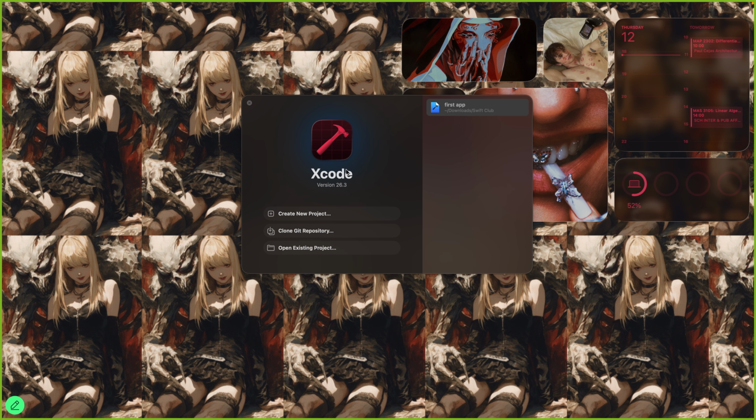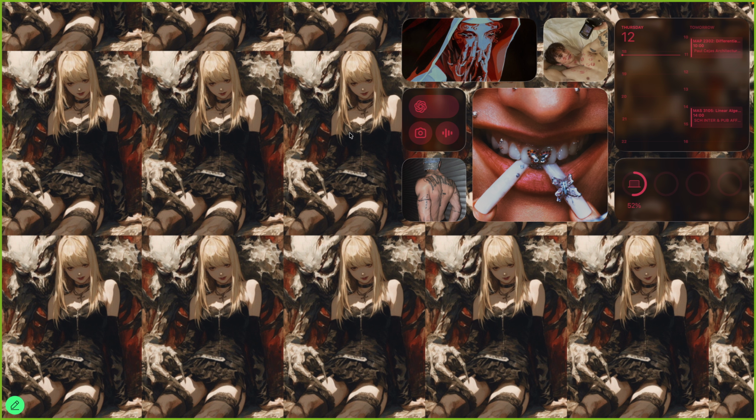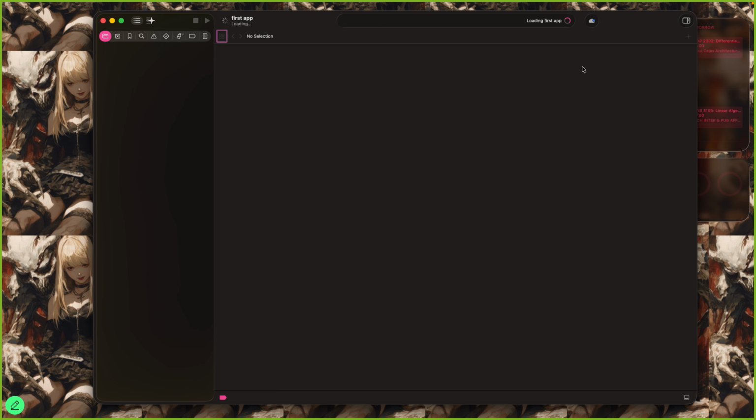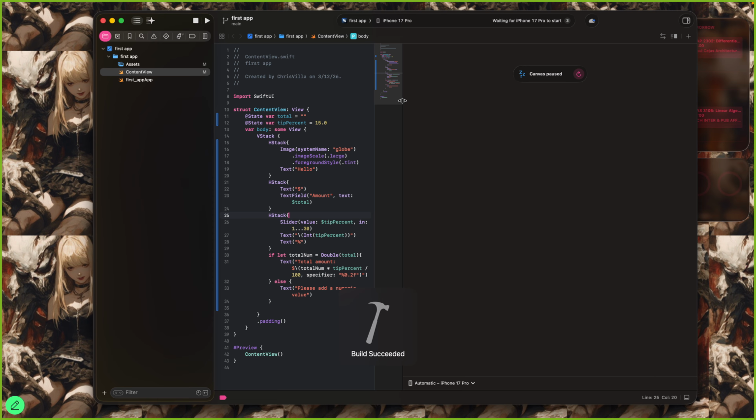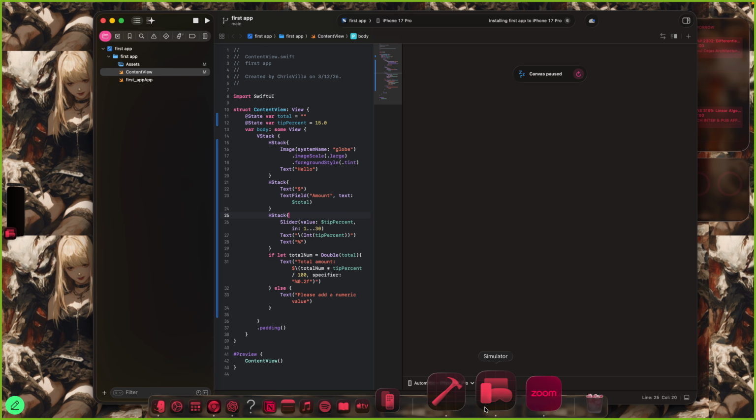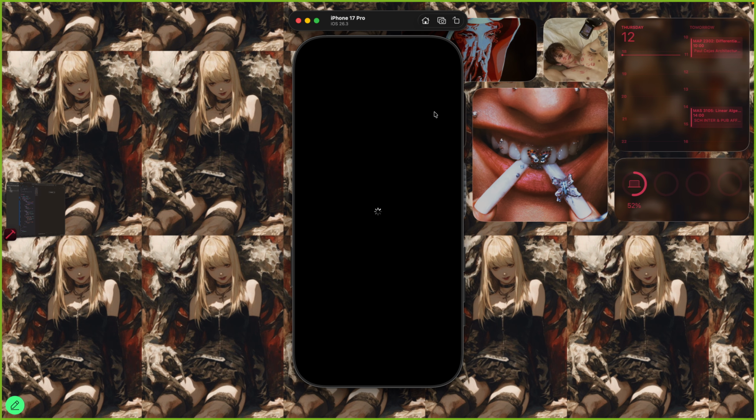So I'm gonna show you the outcome. It's gonna take a while to load, because it's compiling and analyzing all of the information. The idea is to make a tip calculator. I'm gonna make a quick demonstration. You're gonna be able to enter the amounts in dollars.